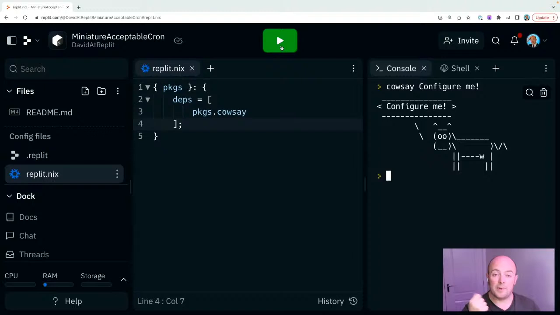You can actually create a blank REPL and then go and pull in your Nix packages, put all your settings together, and turn that into a template for yourself if you'd like. It's a really powerful thing, actually. And it's one of the reasons that Replit is so good at supporting so many languages, because you essentially have infinity languages at your disposal simply by using Nix packages.